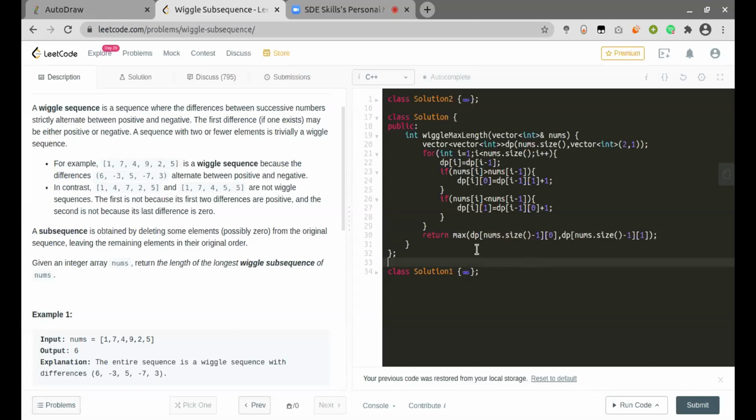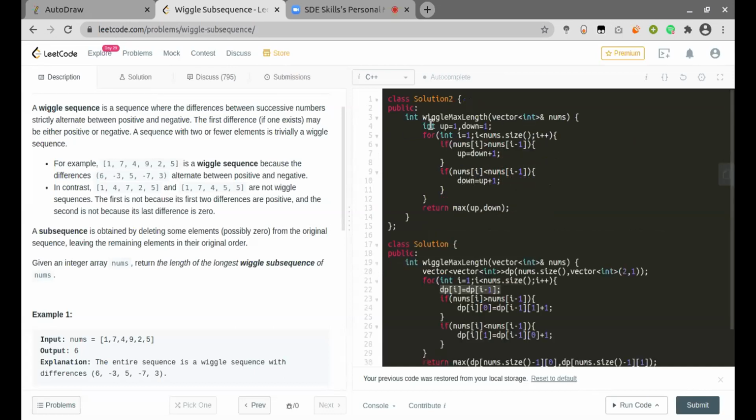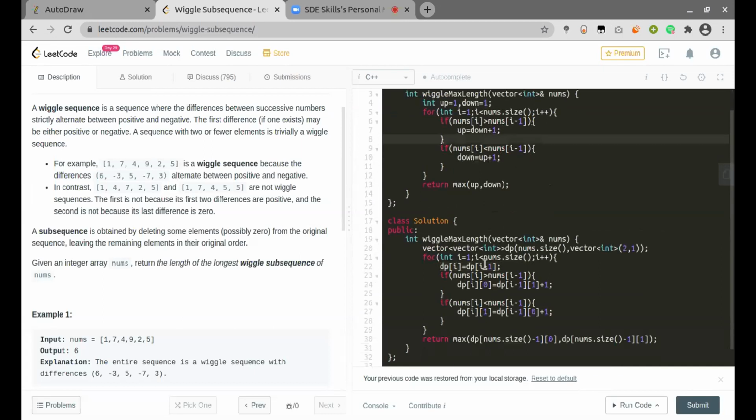Okay. But here we optimized the version. We see that I just need to keep track of the previous DP state, which can be done using two variables also. So here I just declare an up and a down variable, and this is just whatever I did here. If it is an increasing sequence, I update my up value with down plus 1.